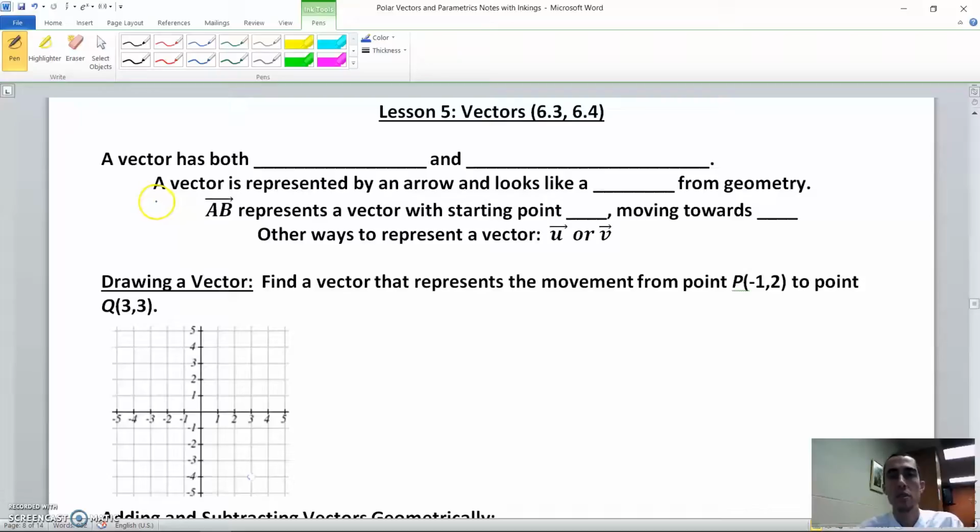In today's video, I'm going to talk about vectors. And vectors are things which express magnitude and direction. They're one of those areas in which algebra and geometry and even things like physics can intersect. So let's get started. A vector has both magnitude, meaning strength,